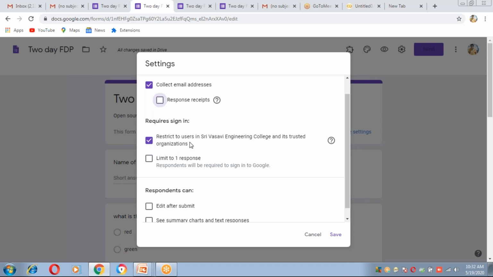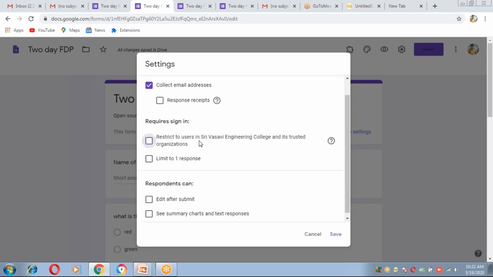If our students have our Sri Vasavi Engineering College ac.in mail IDs, they can submit the Google form. But some students will have college mail IDs, some will have personal mail IDs. So that's why we should not click on this for most purposes.